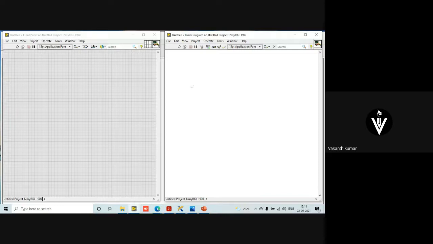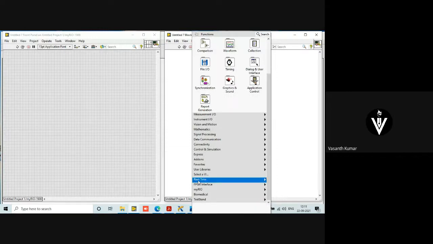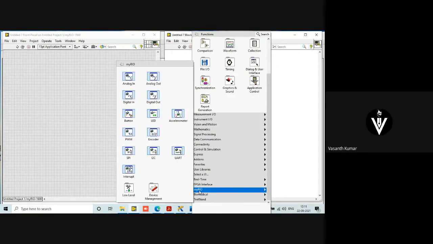Okay, so now let me quickly build an application to make it standalone. If you're connecting some external sensor, then you can use analog input, analog output, digital output. Those things you can use. If you want to use the onboard devices, you have a button at the bottom and a LED on top, and internally you have an accelerometer. I wish to use all three, but for demo purposes, I'm going to use a button.